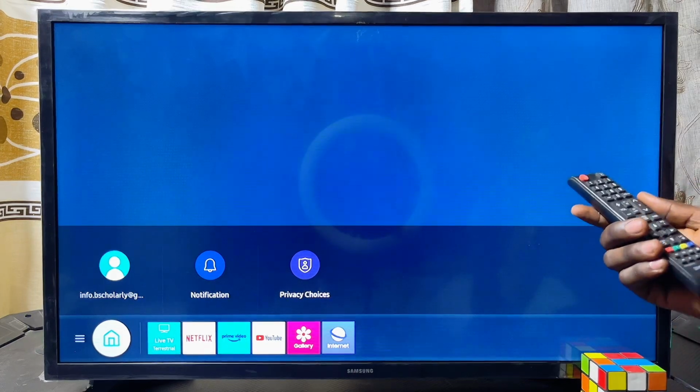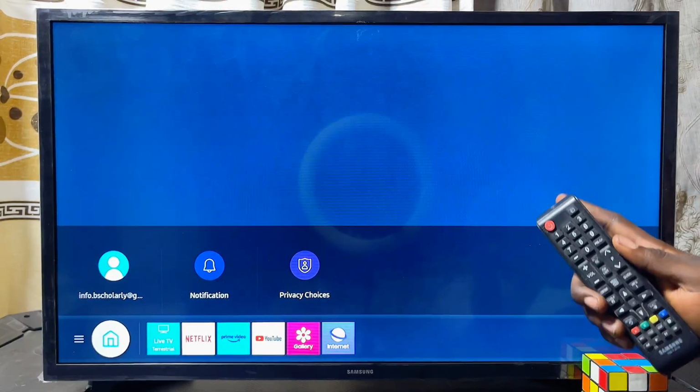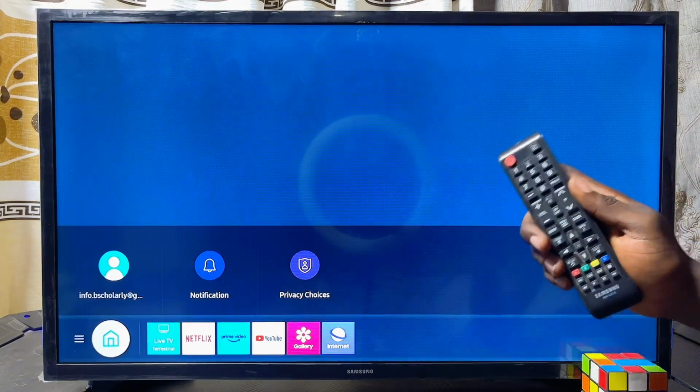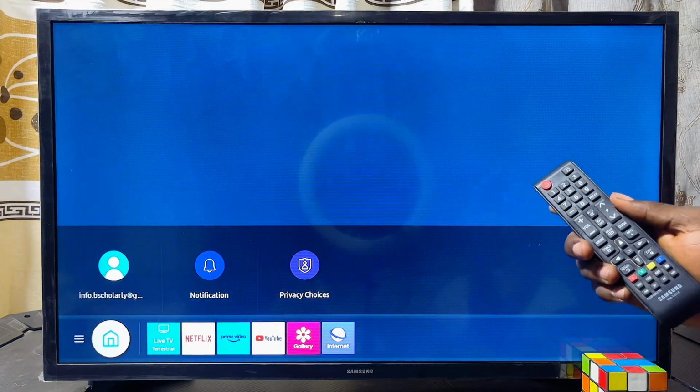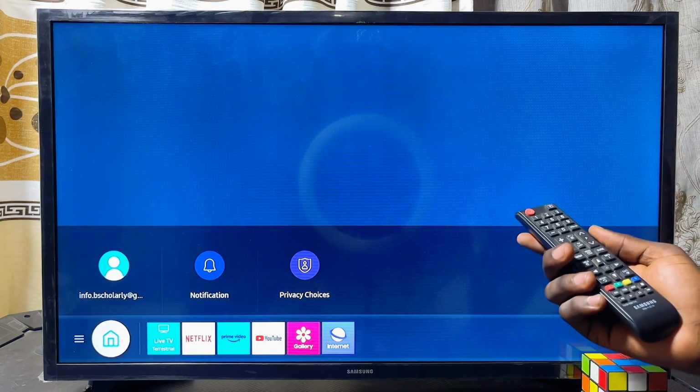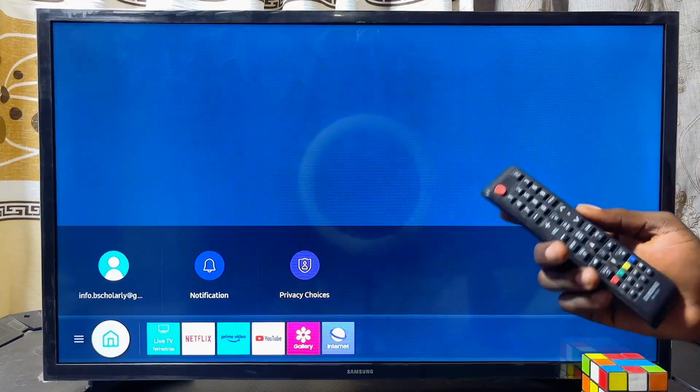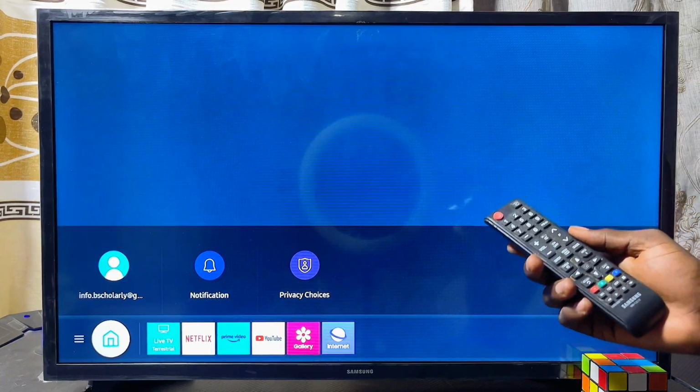In this video, I will show you how to browse the internet on your Samsung Smart TV. Now, first things first, in order for you to browse the internet, you want to make sure that your Samsung Smart TV is actually connected to the internet. Now, once this is done, you want to go ahead and open up the default Samsung Smart TV browser, which